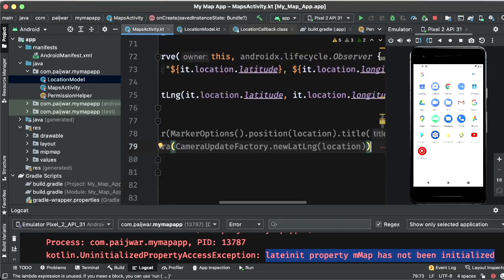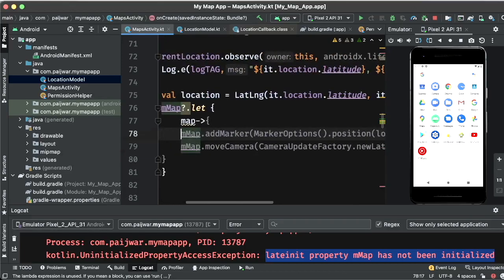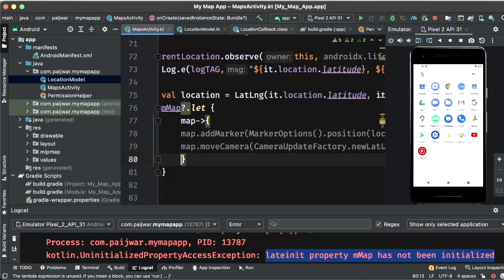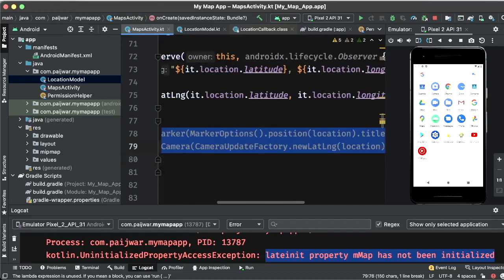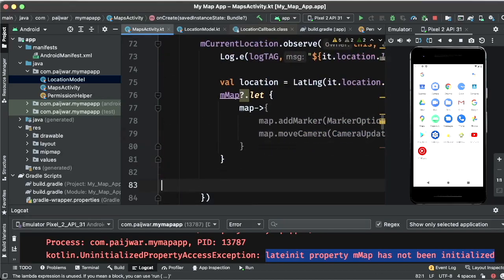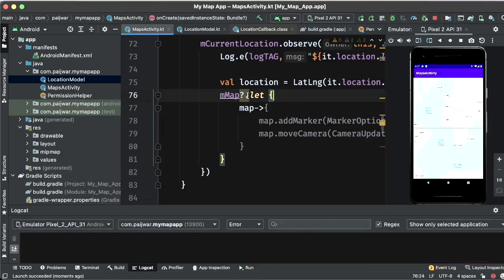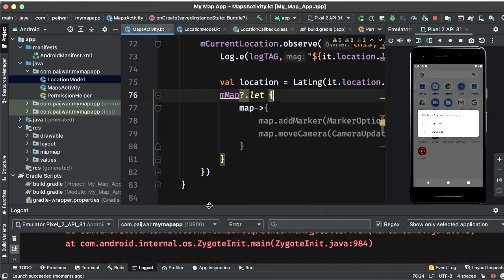Okay, this is a plain map that we will be using. Okay, now let's see. It crashed again.